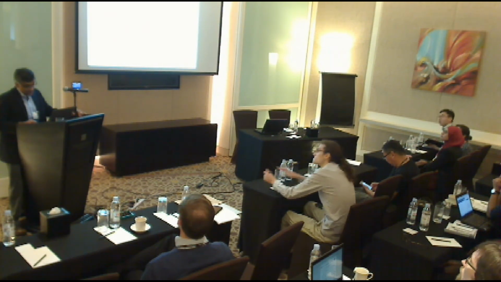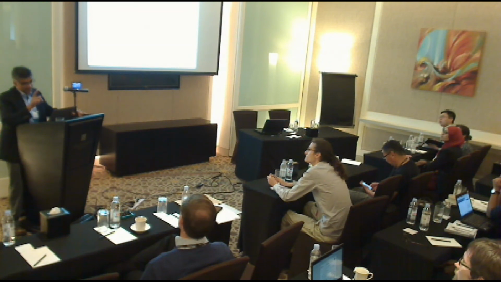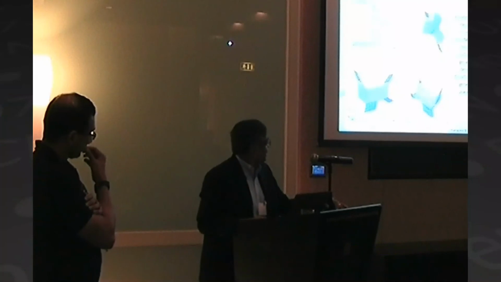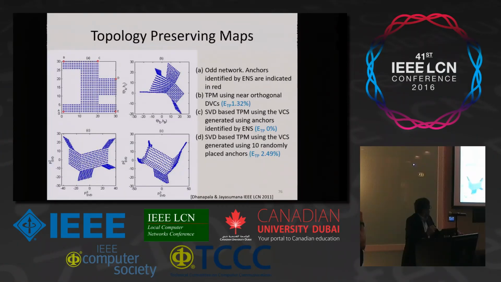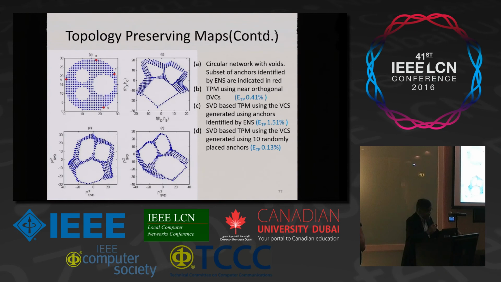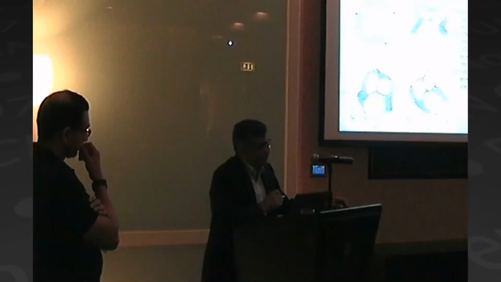Yes. So I completely agree. Right? So first part of answer to your question is, I'm not claiming that these maps are physical maps. I'm claiming these are topology maps. You can find physical features in these maps, right? And then, as I showed in this last slide, as you get to know physical location information about some of these nodes, you can actually stretch this map and make it more an approximation to the physical map.